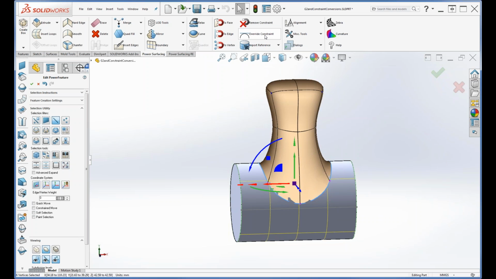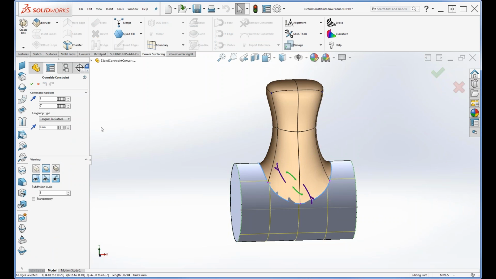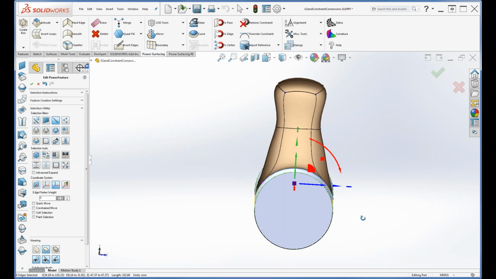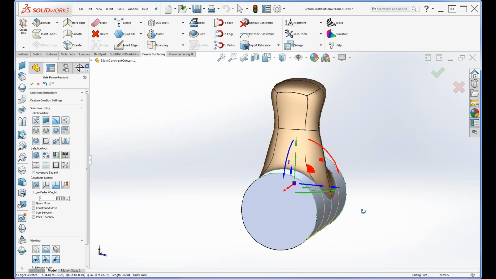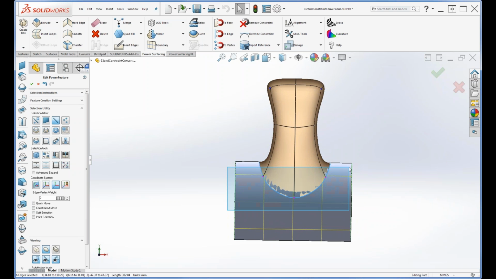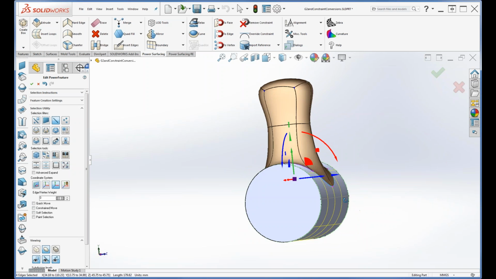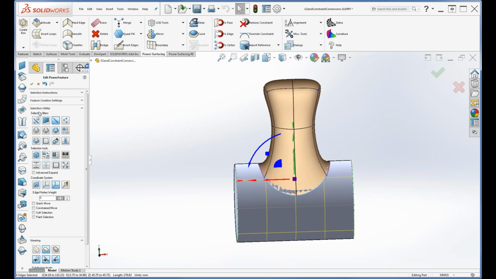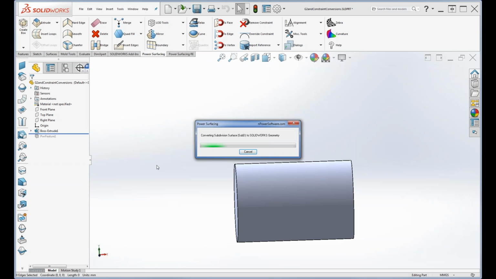And we do that through our override constraint. So we're going to go back into this constraint, and instead of having it tangent to surface, we're going to say, ooh, curvature continuity. And we'll accept that. And now if I turn it sideways, you can see that it smoothly comes down and curves right into that. And if I pull that same bunch of vertices back up, you can see it's still going to stay nice and smooth on that. And now if I accept this and convert it,